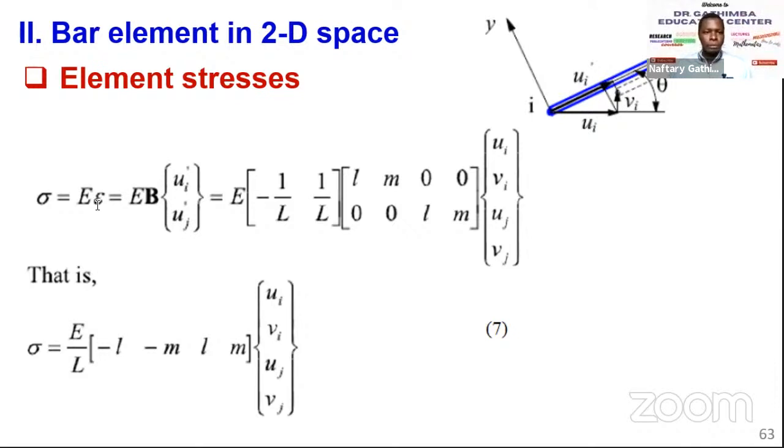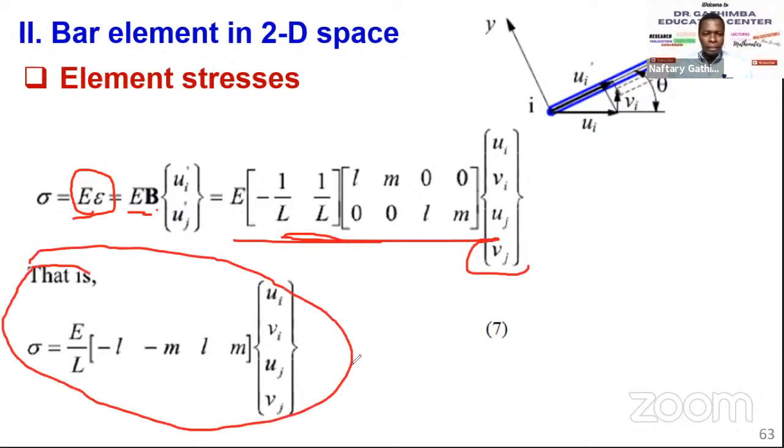And you remember, we worked out something concerning the strain displacement matrix. We found out how you derive it, and here is another simplification. So you can look at it again here to see how it has been simplified, or in a simplified manner, the stress is given as this. And just to give you a small hint, it's not complicated, it's quite easy. Indeed, it is very easy, because what you need to remember is, for an individual node,